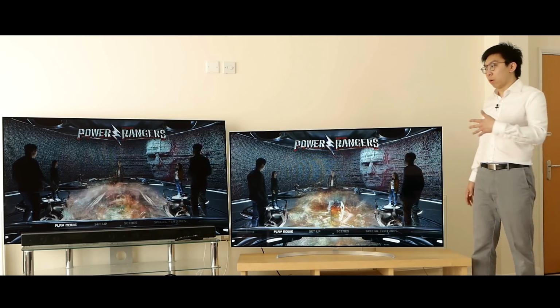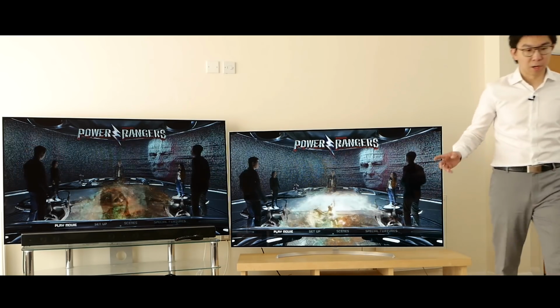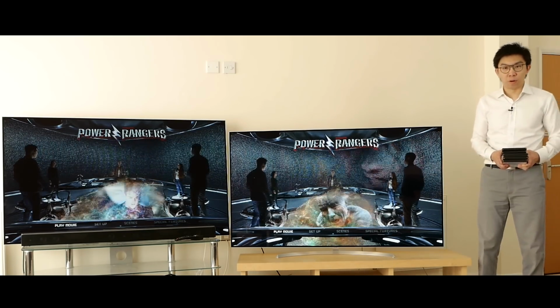Both of these LG B7s have been calibrated in their respective Dolby Vision and HDR10 modes, and as part of the comparison, I have been switching the sources around here and there, and I'm satisfied that both screens are performing to their optimum capability for this comparison. So there are 2 Ultra HD Blu-ray players here for this comparison, the OPPO 203 and the Panasonic UB900. So I will need 2 copies of each 4K Blu-ray title for this